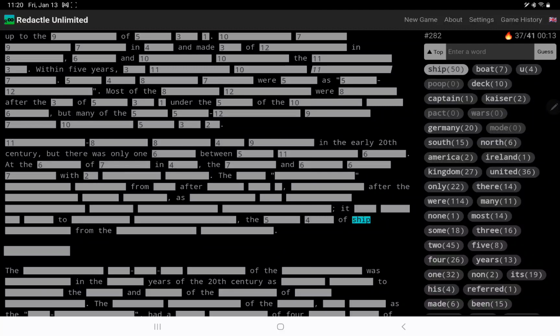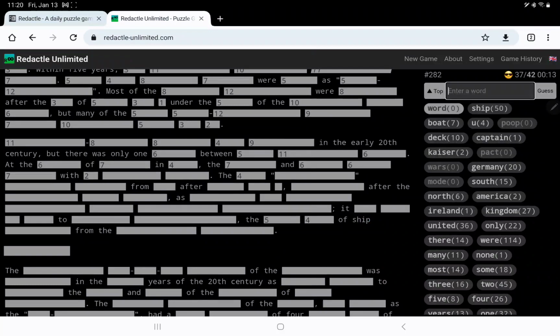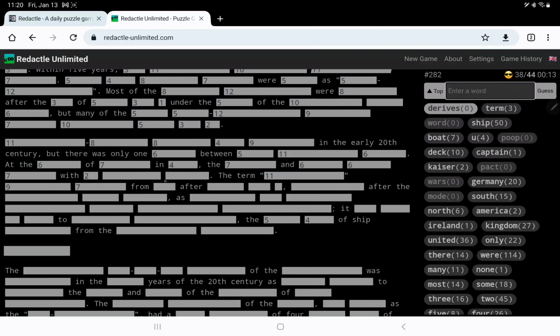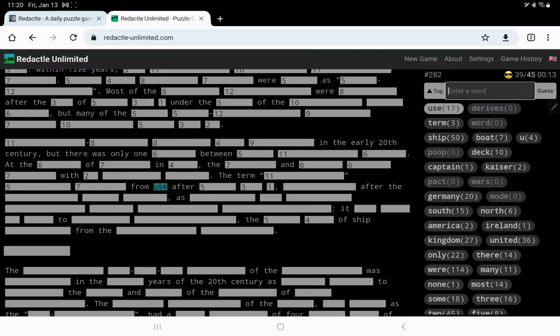There was only 1 something. At the onset, at the opening, at the start, I can't think of any 6-letter word at the something. Oh, is this the word or the term? The term 11 derives, no, from 3, from use